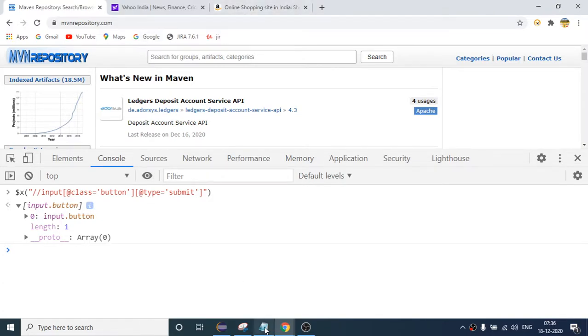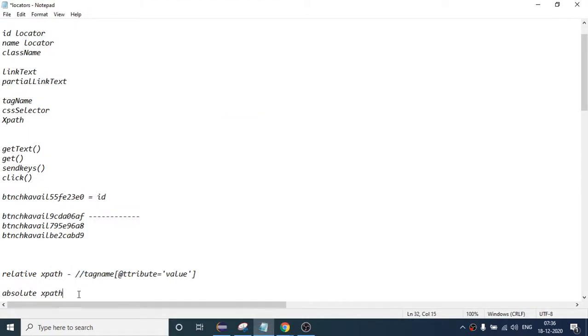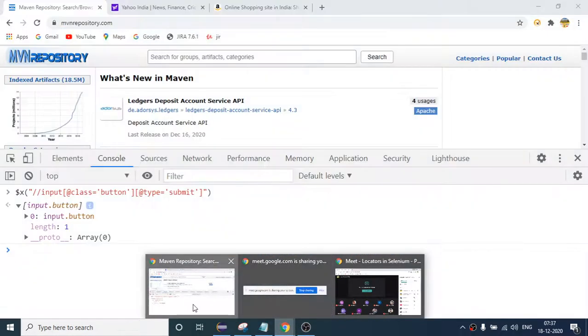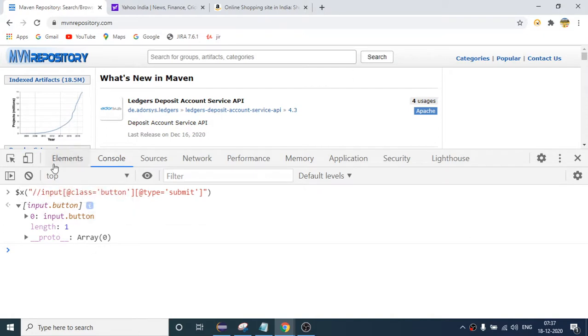Okay, so we saw how to write relative XPath, and what is absolute XPath? Absolute XPath always starts from the root HTML tag, right? And absolute XPath always starts from a single slash, and it will always start from the root of the root HTML of the web page. So what is this root HTML, right? Let us first see how we can form this absolute XPath, and then we will see which one to use from these two.